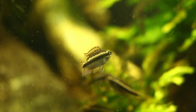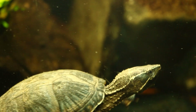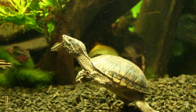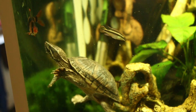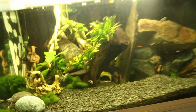Then finding tank mates for musk turtles was kind of challenging, but we settled on a pair of rainbow cribs as well, just like in the first aquarium, and they were super pleased. So they also started breeding, and we've got like over 10 baby rainbow cribs that are actually growing quite large. So they're probably reaching the point where we sadly have to bring them back to the fish store because otherwise they're going to start fighting. So we've got the rainbow crib, 2 turtles, and 1 tiger barb. I know, a schooling fish, and